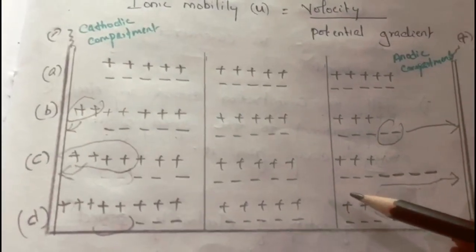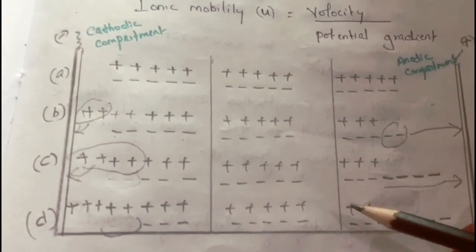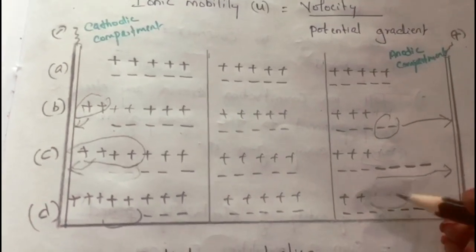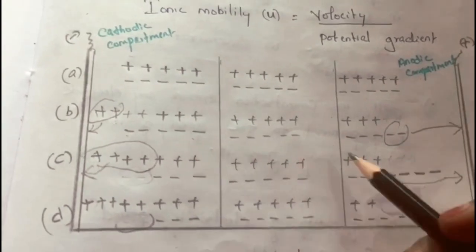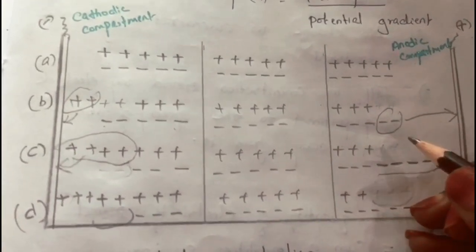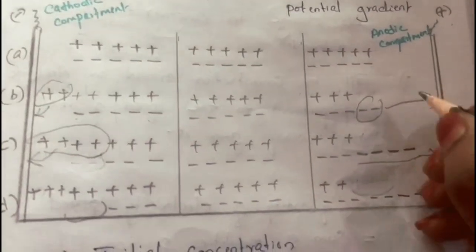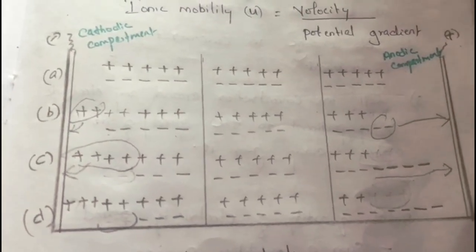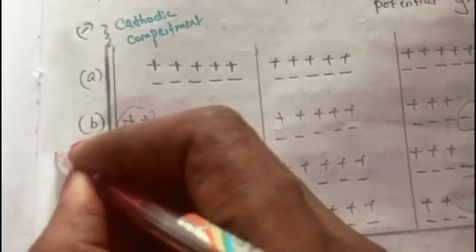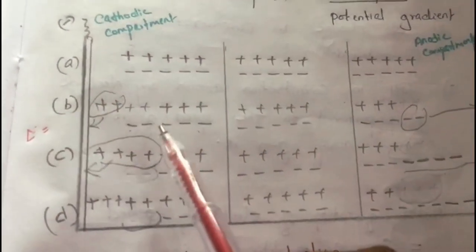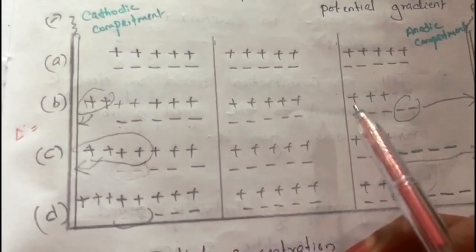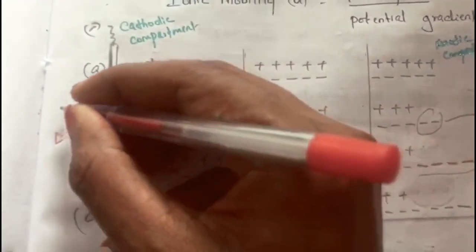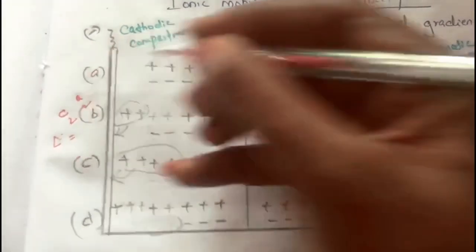According to Faraday's first law of electrolysis, the number of ions discharged at each electrode is proportional to the quantity of electricity which passes through the solution. So from here we can calculate the total quantity of electricity produced in each case. So in the case of B, how can we calculate the total quantity of electricity produced? How much is the contribution from anion and cation? So how much cation is produced? 2 cations and then here 2 anions. So here cation is 2 and anion is 2.